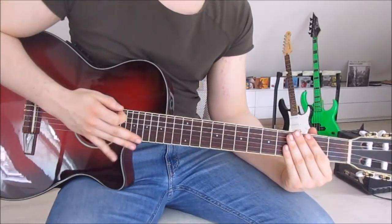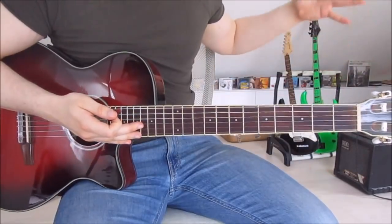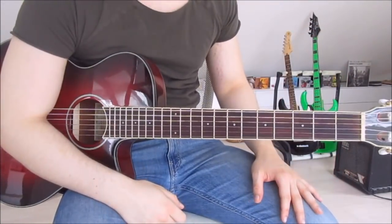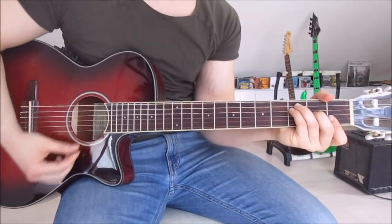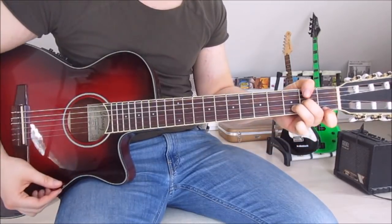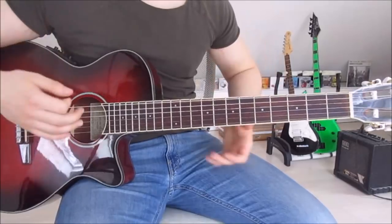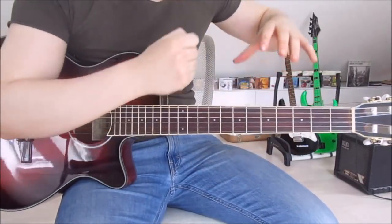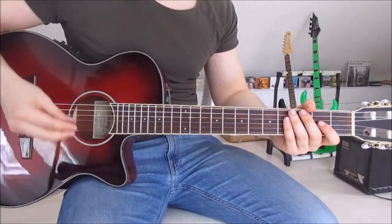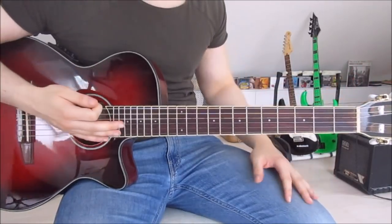And you know what, guys, I have got some great news for you because you just learned how to play the entire intro, verse, and bridge. Believe it or not, that is actually it. We just strum down once on each chord. Because, as we all know, the song starts off very, very calmly and very quietly. And that's exactly what we do here. We just go down once, do our thing, chill out a bit, let George do his thing,